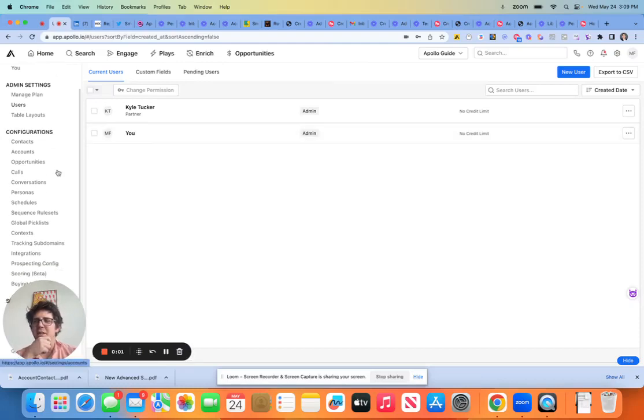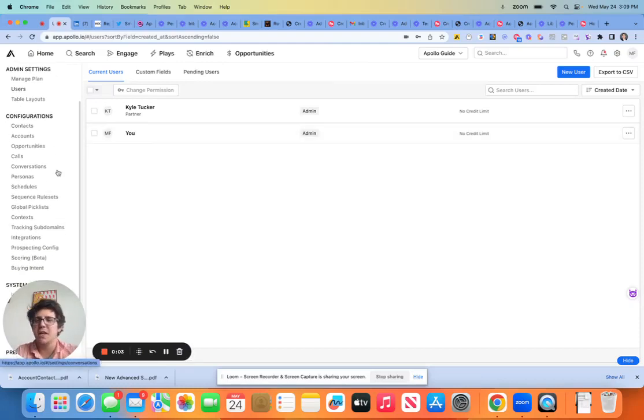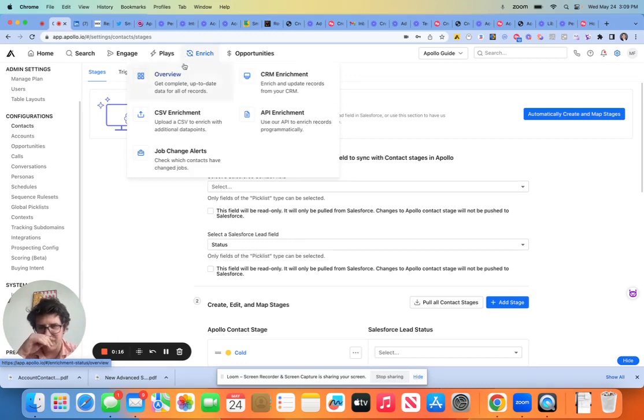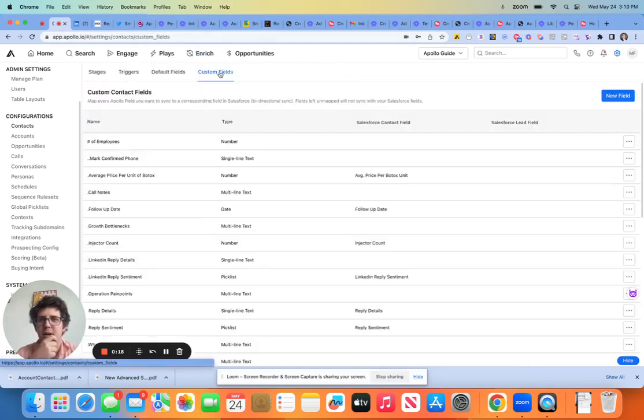Alrighty, so next thing we want to cover here is in the setup area. Let's just go down the list here on the configuration side. Okay, so we did touch on, or we're about to touch on, contacts and accounts in terms of the stages and the mapping. Now, on the contact side, though, I do want to touch just briefly again on the custom